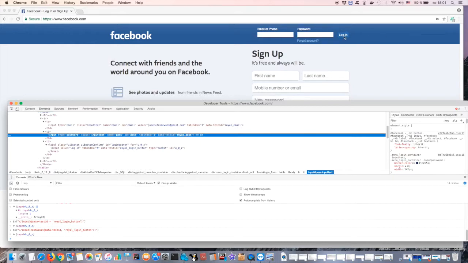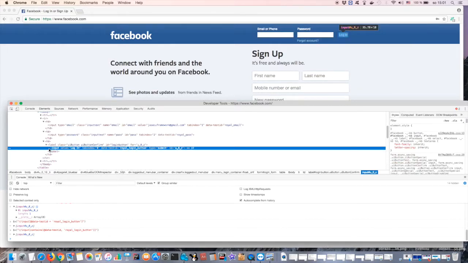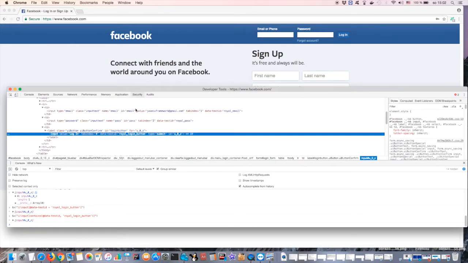But then for example, if you want to create a test for login to Facebook, you need email, password, and then click on login. So we will inspect this element, and you can see it is again an input. It has value, tab index, data test ID, type, okay, ID, but ID looks like some auto generated literal, some numbers. So if you want to create XPath, you just go here,